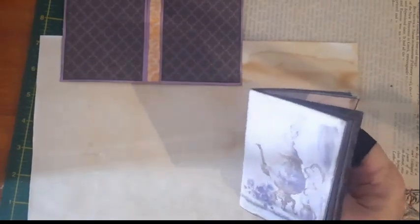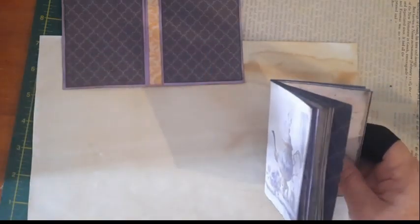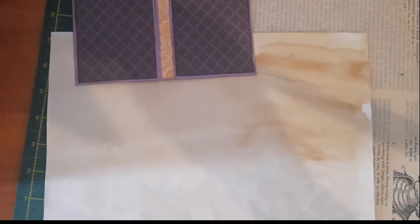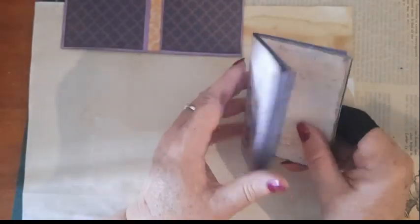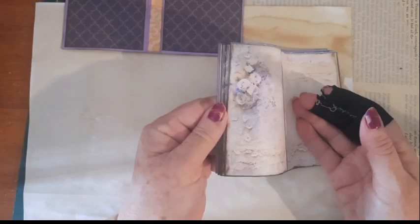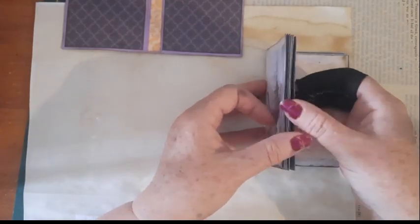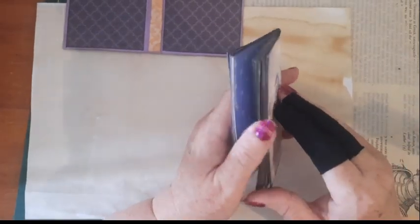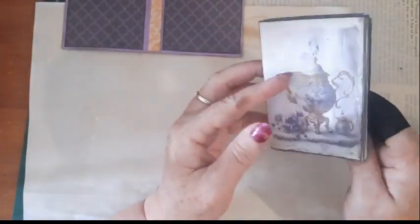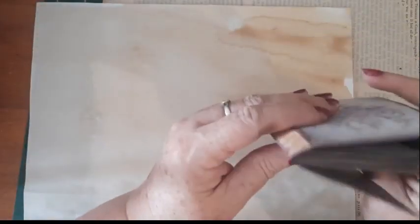Okay, so I've got my signature together, and seeing if I'm in the shot. So I put my signatures together, and there are eight double pages. Okay, so that gives us 16 pages, or 32 pages front and back. So I'm just looking at my signature and